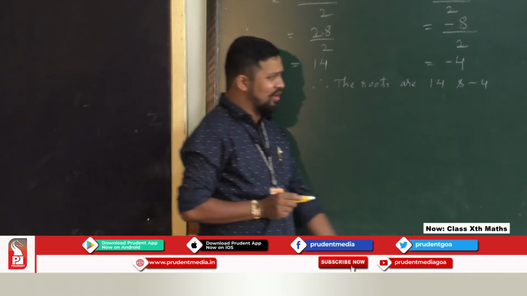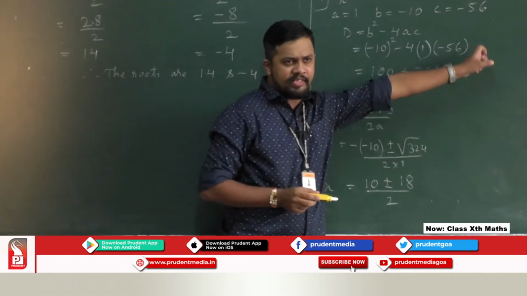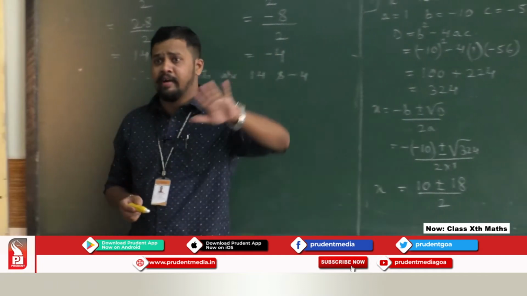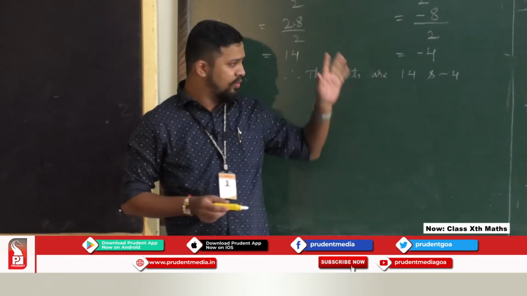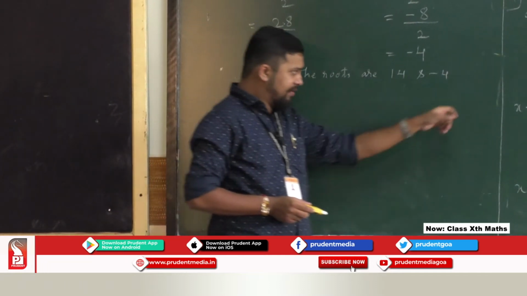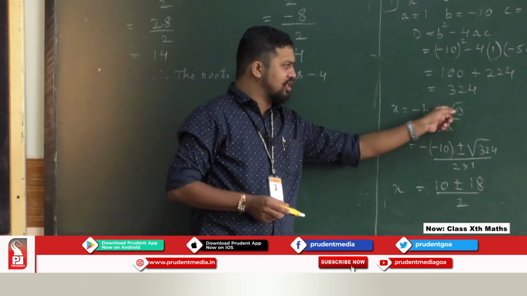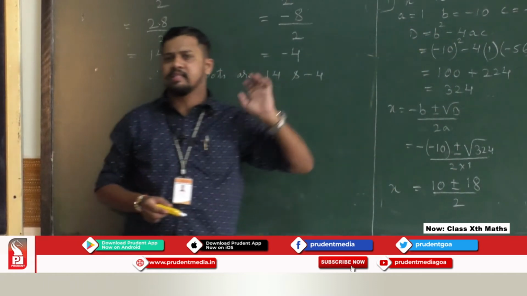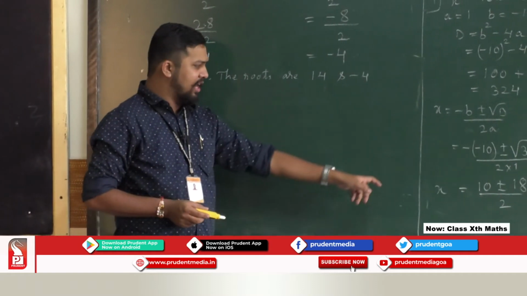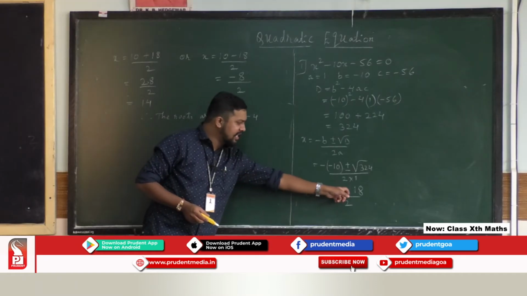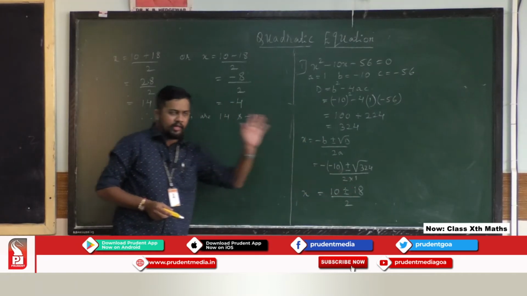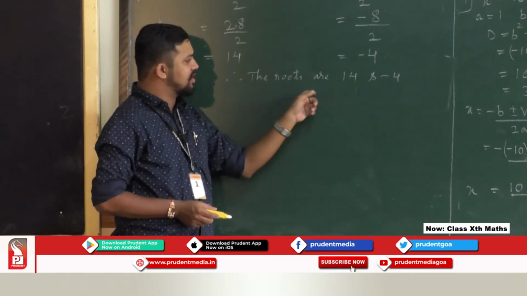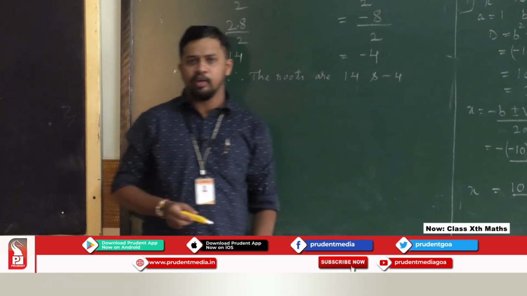Looks very simple also. Okay, so what we did, we identified the A, B, C terms. We write down the formula and find the D. I will find out the D separately. You can even find it directly also, because I wrote both the formulas there. Then I wrote x equals minus b plus or minus root d upon 2a. Substitute these values of a, b and c or d also, and you get this answer. Now since there is plus 18, negative 18, I wrote plus 18 on one side, negative 18 on the other, and therefore the roots are 14 and negative 4.